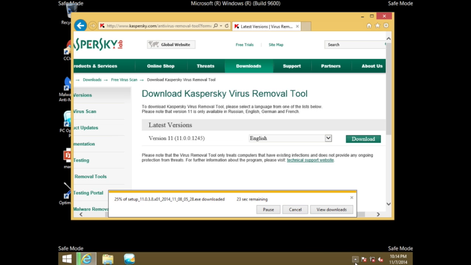Again, it all depends on your internet speed. But as you can see at the bottom right now, you remember I had all those miscellaneous applications? Now we only have 2, which is good. But as we're downloading,